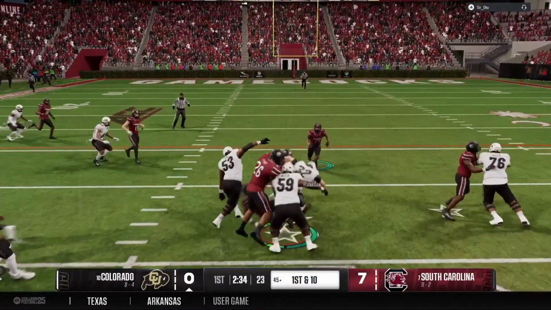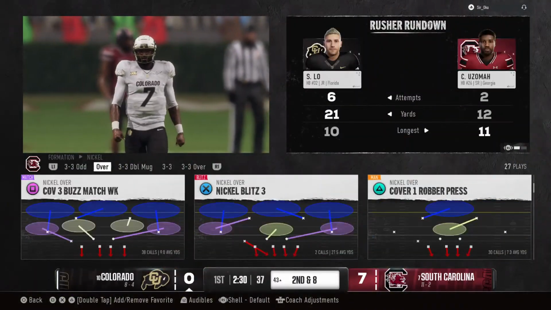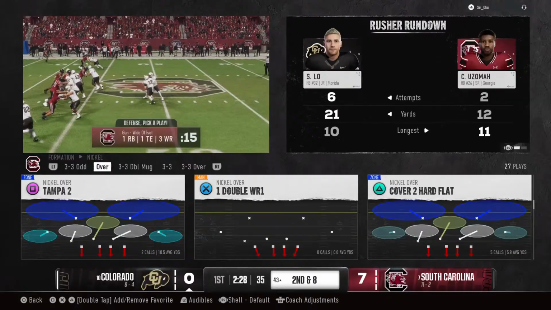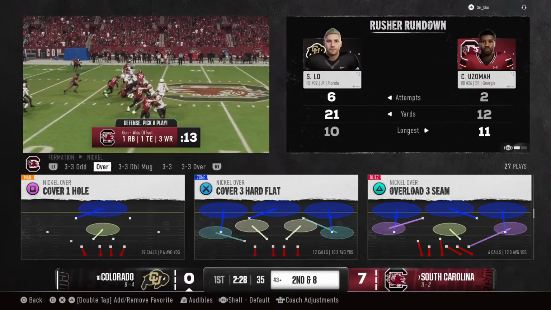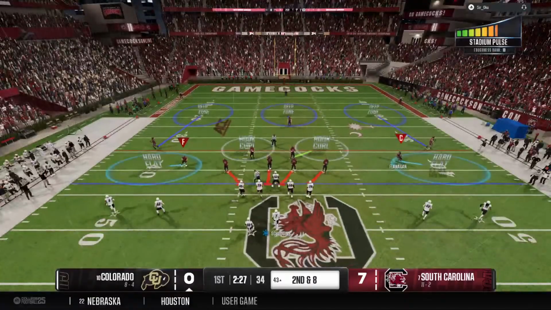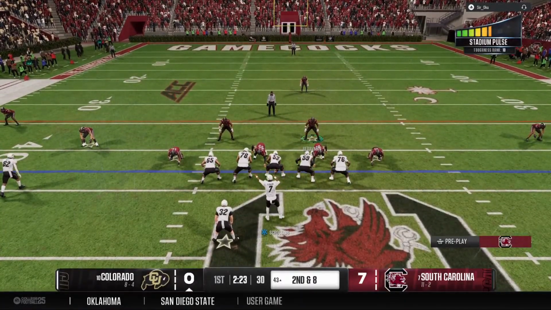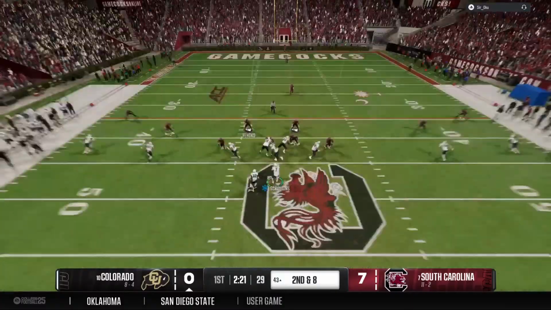A handoff from the shotgun. A gain of 2 yards. Now it's 2nd down and 8. Well, another short gain for this offense on the ground, and you got to give a lot of credit to the defense. They have really negated that aspect of this offense the entire first half and really making them one-dimensional. And if that doesn't change, I don't know how they get back into this game.